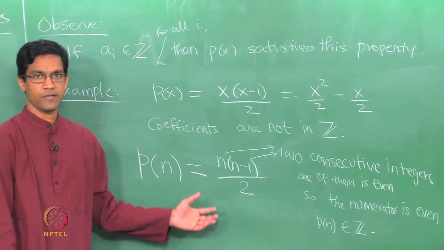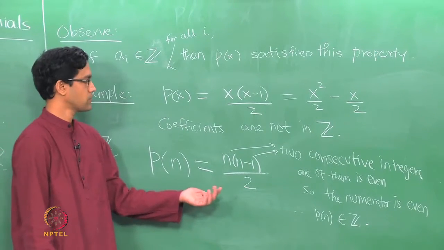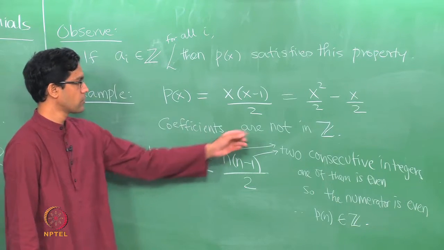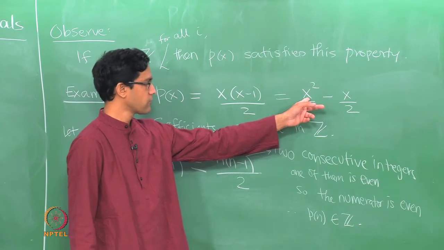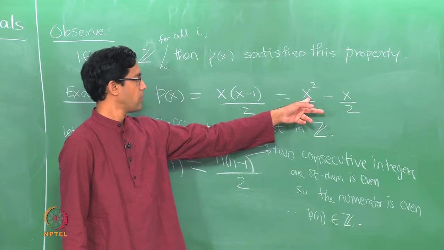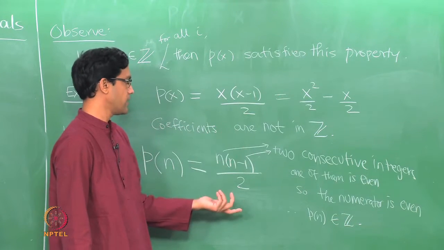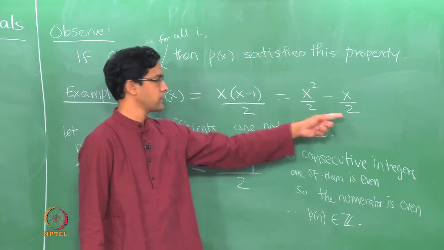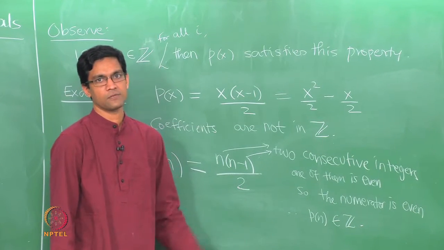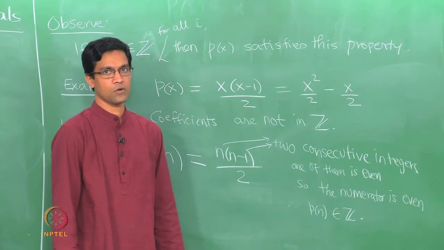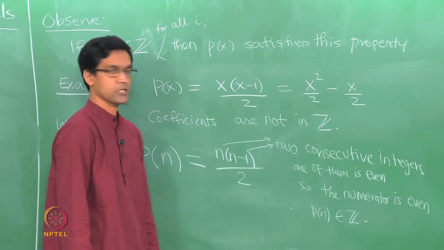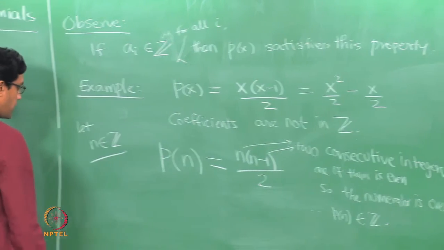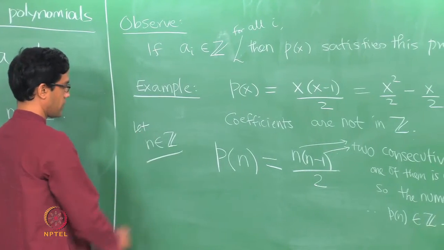Okay. So observe here is a polynomial which has the property that we wanted, that whenever you substitute an integer for x, then what you get as an answer is again an integer, but the coefficients themselves are not integers, the coefficients are half and half, right. In spite of that, it turns out that this gives you integer answers. Okay. So it is somewhat mysterious at this point, but I am going to defer this for later.